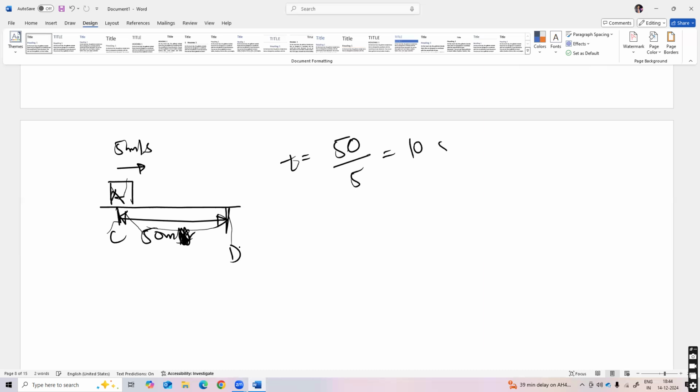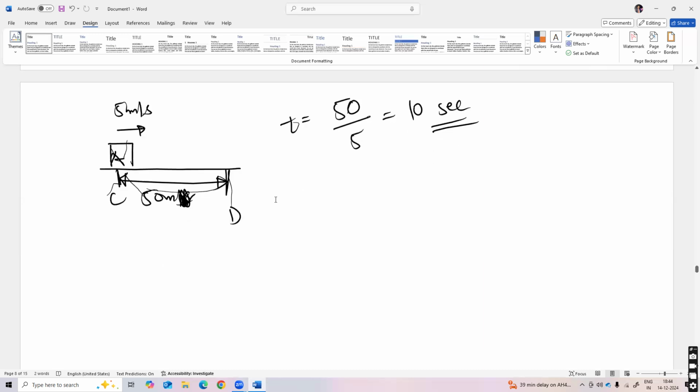That is, you will have to travel for 10 seconds, then you will cross this 50-meter distance. But now consider a case where